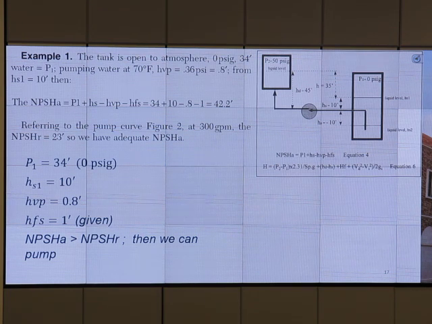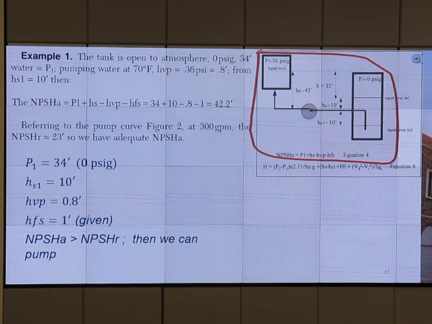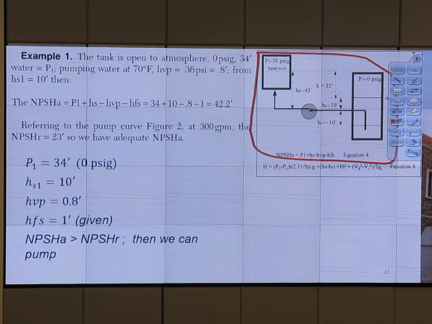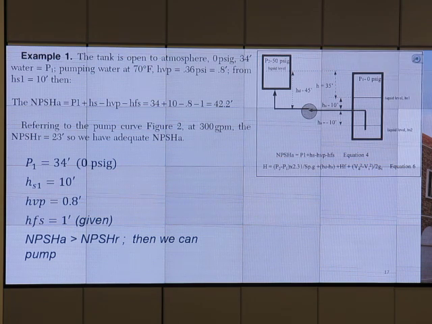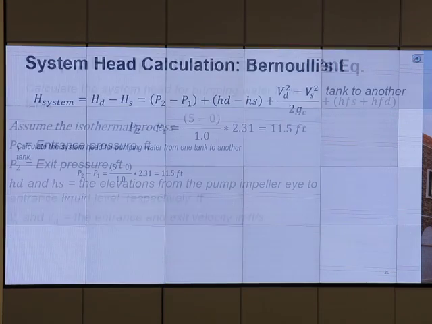You will read it, and if you can do this one, basically I want to ask, do we have enough available net positive suction head or not? You do some calculation and you tell me. Use the chart, and that's that. Okay, you practice more